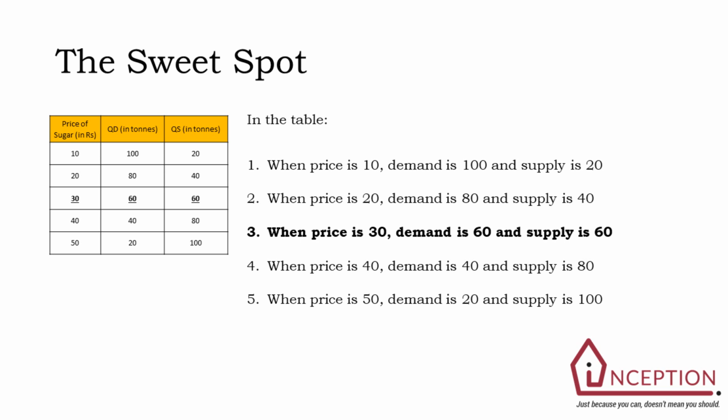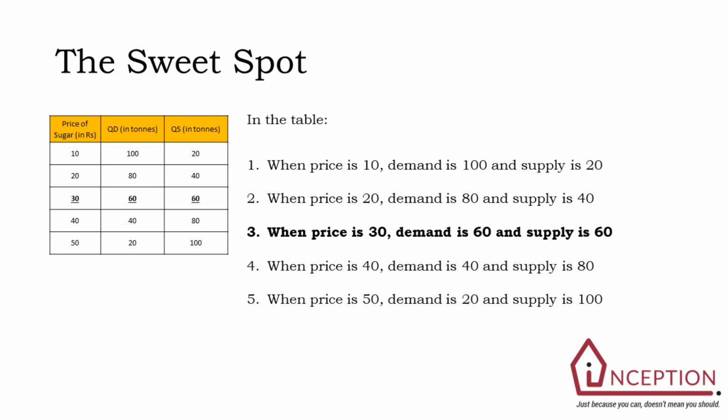So let's compare the first column and the second column. You notice the law of demand working. The first column and the third column, you notice the law of supply working. So in the first column, you're able to see when the price of sugar is at the lowest, that is rupees 10, the quantity demanded is at the highest. When the price of sugar is at its highest, that is rupees 50, the quantity demanded is at the lowest, which is 20. Now let's see the law of supply working.